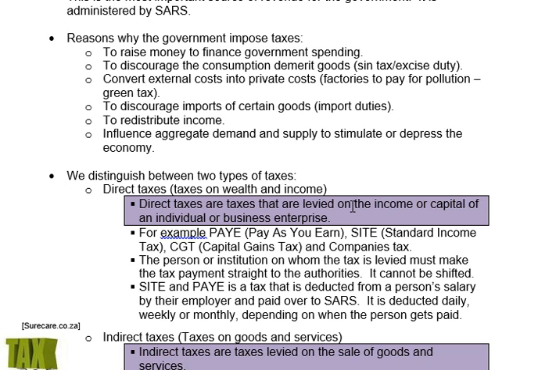All right, so if we discourage the consumption of demerit goods, for example alcohol, cigarettes, sugary drinks nowadays, that is called a sin tax or an excise duty. The sin tax or excise duty is the tax they levy on cigarettes and alcohol to make them more expensive. Because it increases their prices, the law of demand says the higher the price, the lower the quantity demanded. So because they add an excise duty onto the price of cigarettes and alcohol, it makes them more expensive, which means, or the hope is, in theory, less people would buy them.